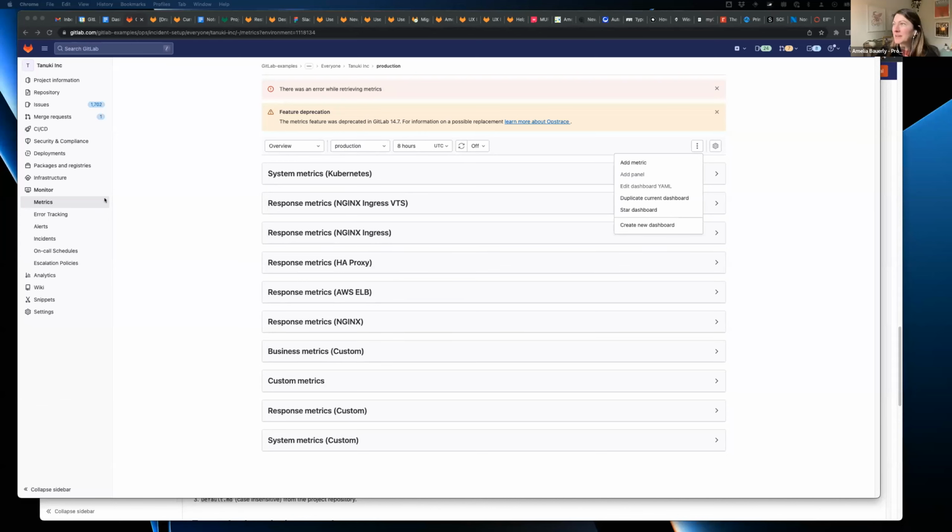It doesn't work right now because it's been deprecated, but the metrics dashboard used to be, you could create and edit directly from the dashboard. And none of this works anymore because it's being removed and replaced. But that did exist until recently. But only on this page, I think. And I think you could even create custom ones. So you could duplicate and then create custom ones in the UI here.